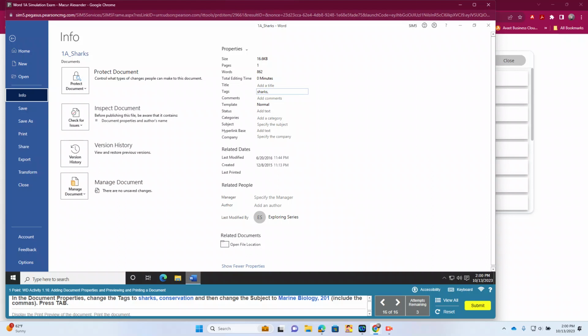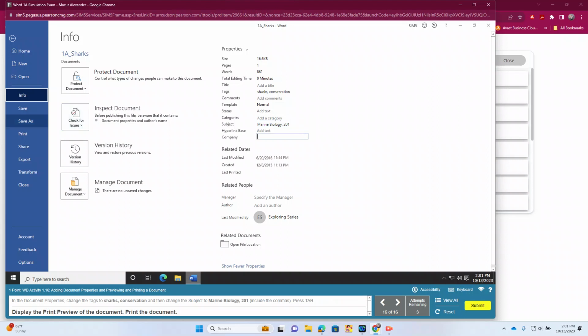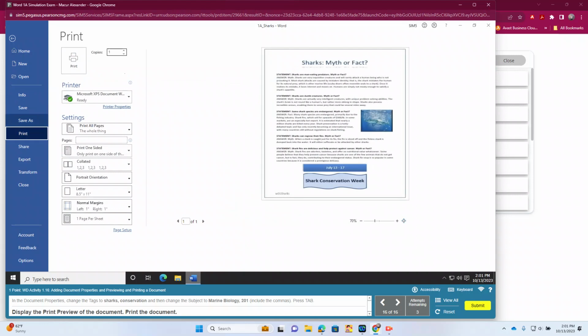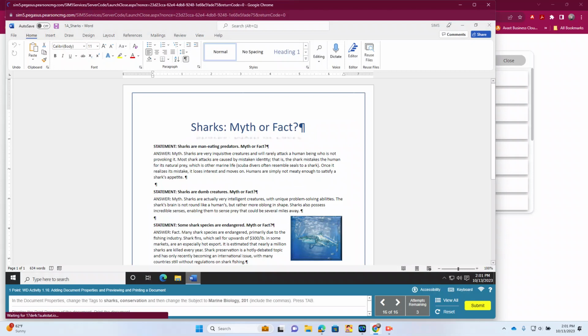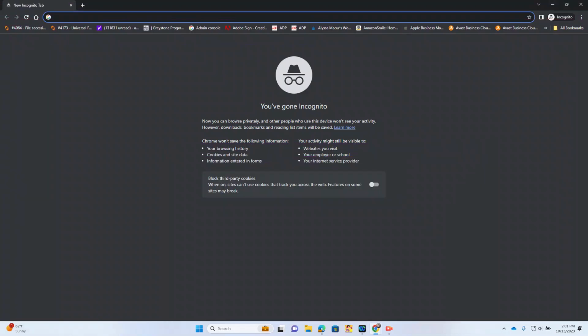So tags, we have sharks, comma, space, conservation. And we want to go to subject, marine, biology, comma, space, 2001, and hit the tab key. And now we're going to go to our print, and we're going to hit print, and we're going to select